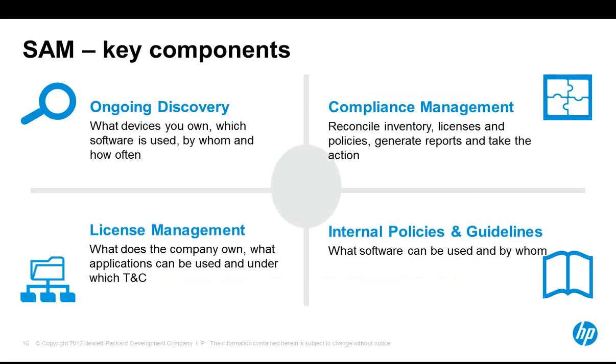And now we are coming to compliance management. This is where reconciliation is happening. That means reconciliation of inventory against license entitlement data. Status: compliant, over licensed, under licensed, and depending on the status, every organization needs to decide what action to take. Especially when we are talking about a shortage, that means shall we purchase additional licenses, shall we deinstall some parts of the software,